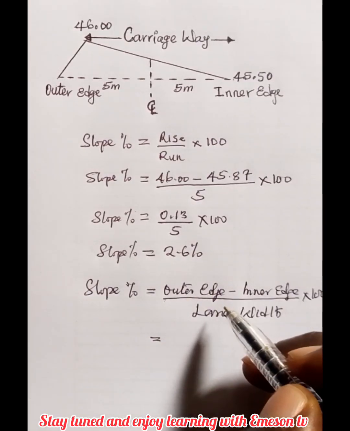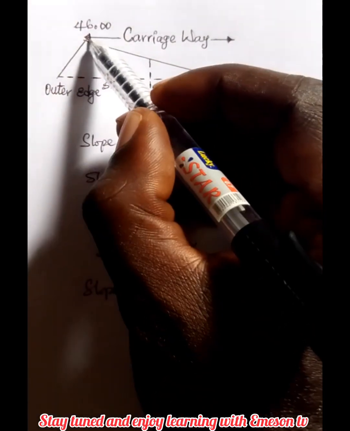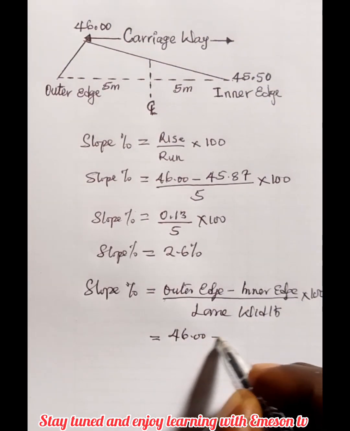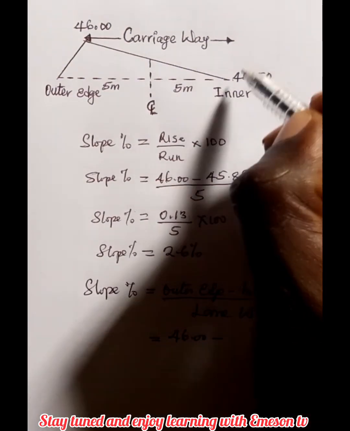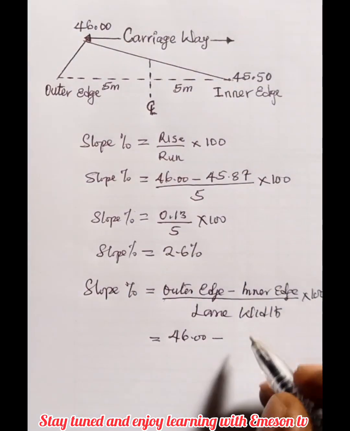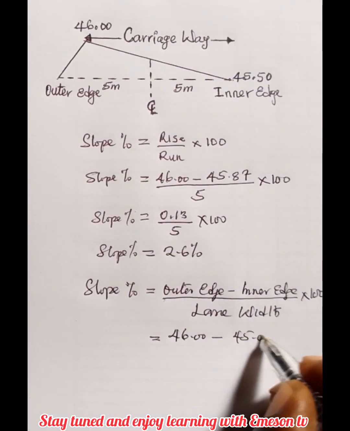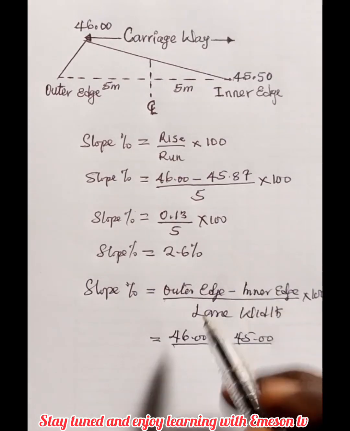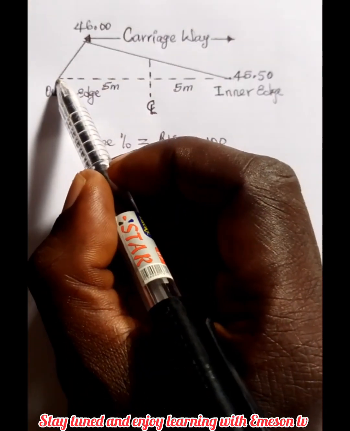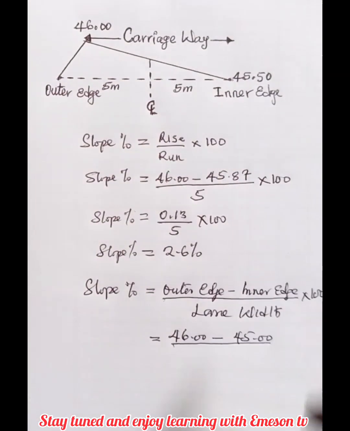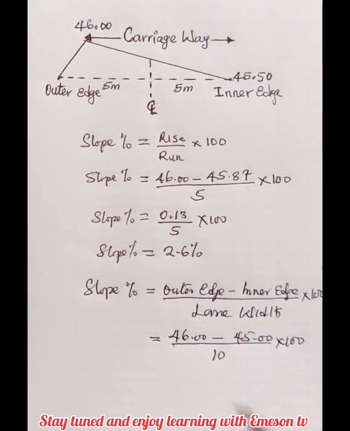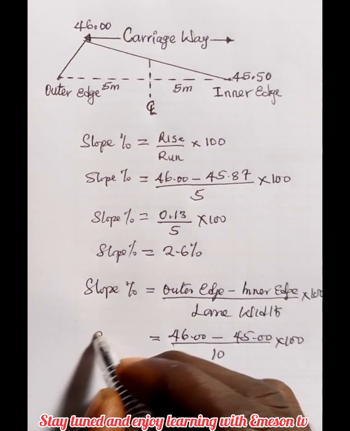So what is the outer edge level? The outer edge level is the level at this point, which is 46.00, minus the inner edge level, which is the level at this point, which is 45.00, all over the lane width. The lane width has to be the width from this point to this point, which is 10 meter, multiplied by what? 100. So we have the slope